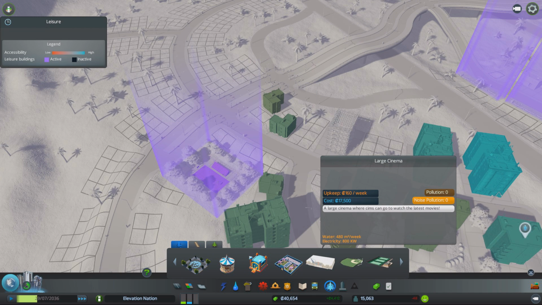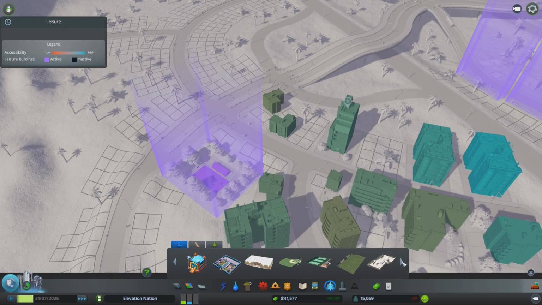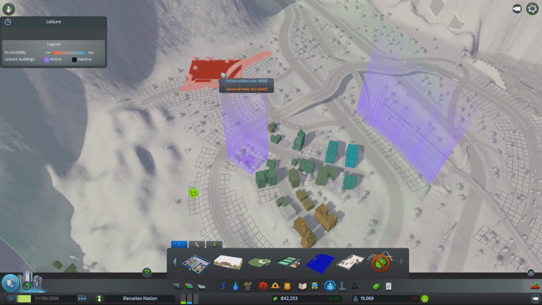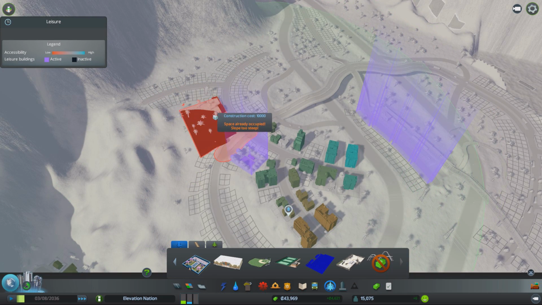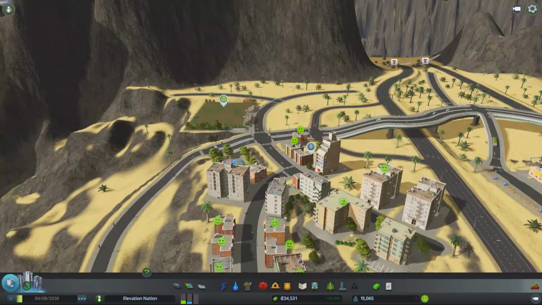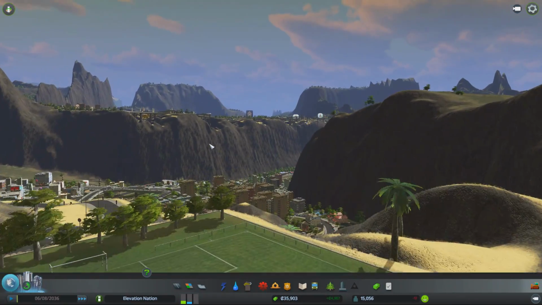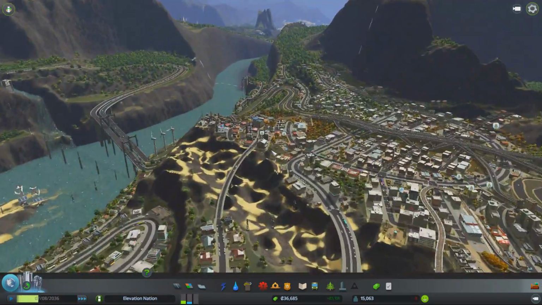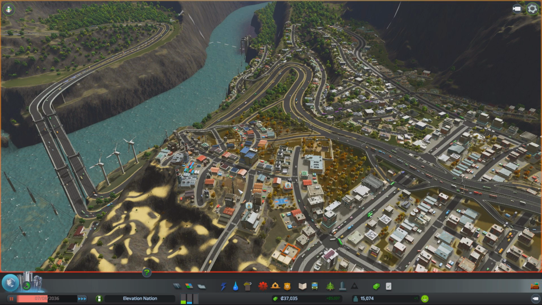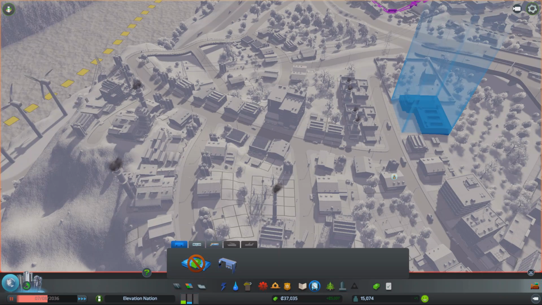We can get a gas station, but I don't know if we should. Large cinema. I think a soccer field would be pretty cool. But it doesn't seem to want to go. Okay, well, I can go there. Yeah, how nice is that? That's really cool. Okay, so what's going on over here? No. Okay, not enough workers, that's why they're banning. Okay, so these guys are very low